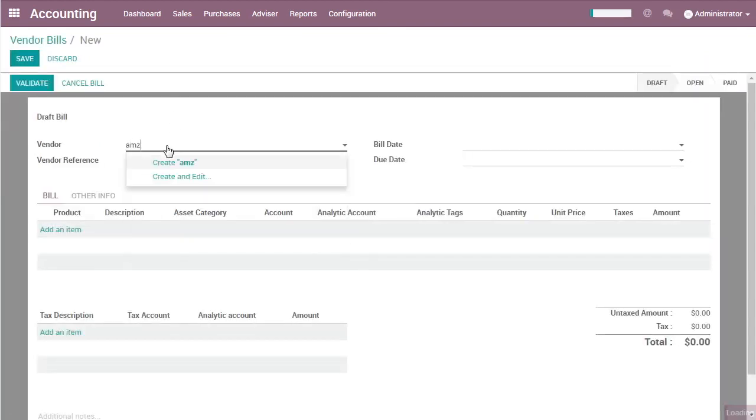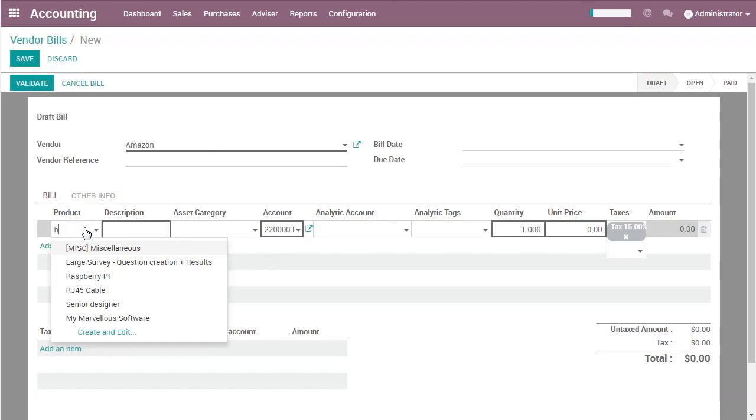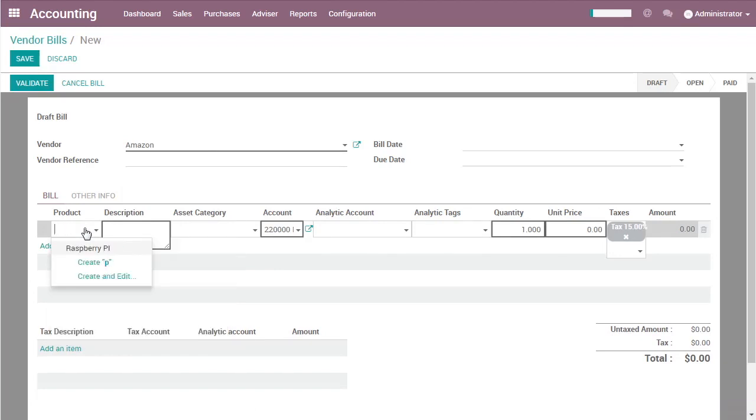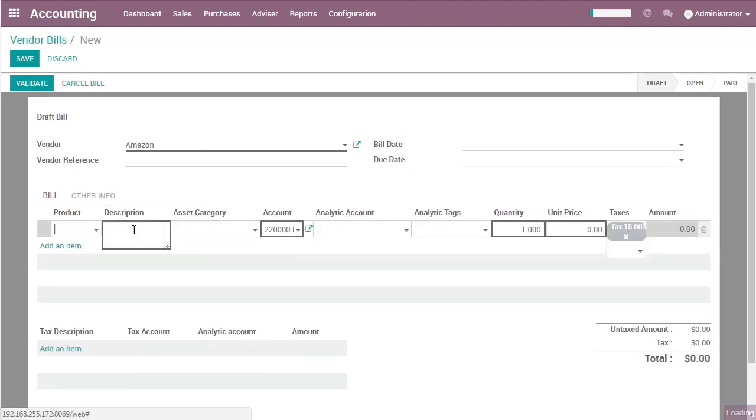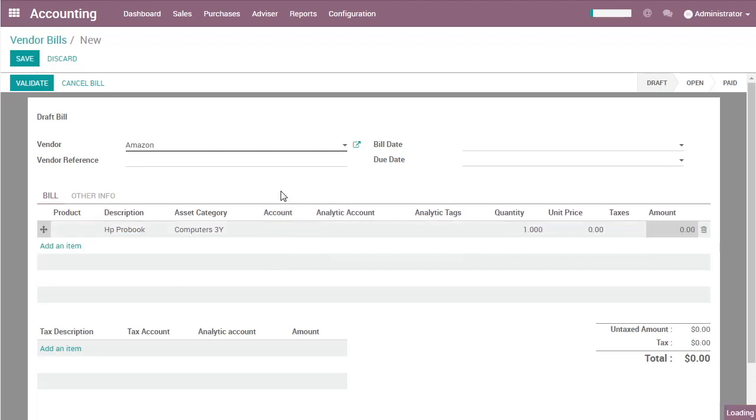Let's select my supplier. Let's say I received it from Amazon, and you can see here that when I add a product, let's select HP, should I have a ProBook here? I know I still need to create that product, but I'm not even obliged to use a product. I could be using directly the description and say, okay, it's a HP ProBook. And I have a category here, an asset category that I can use,